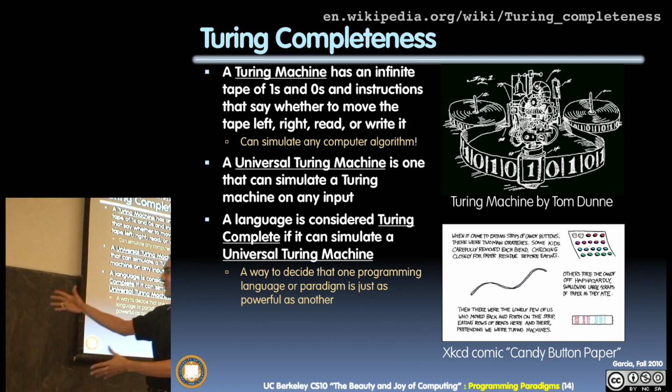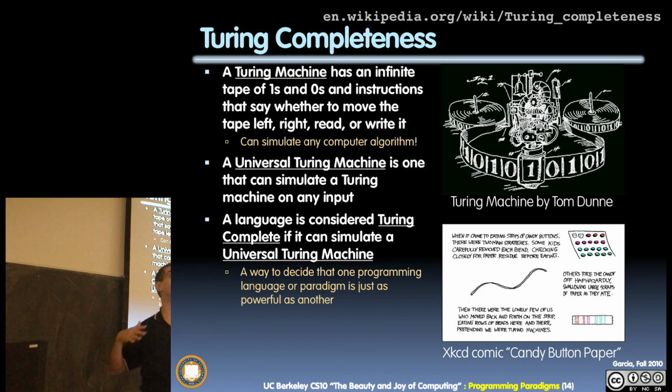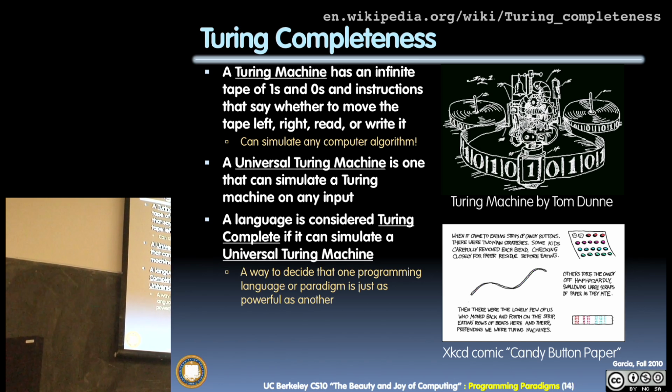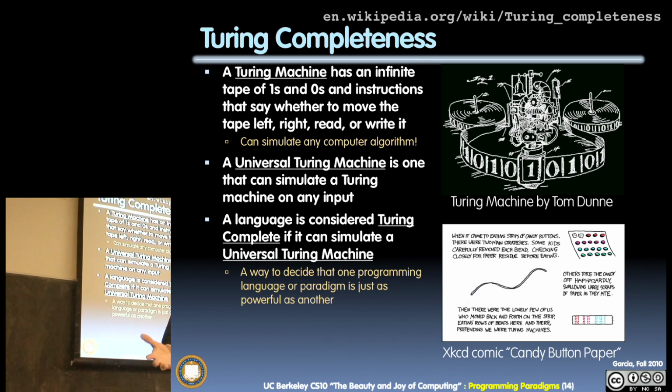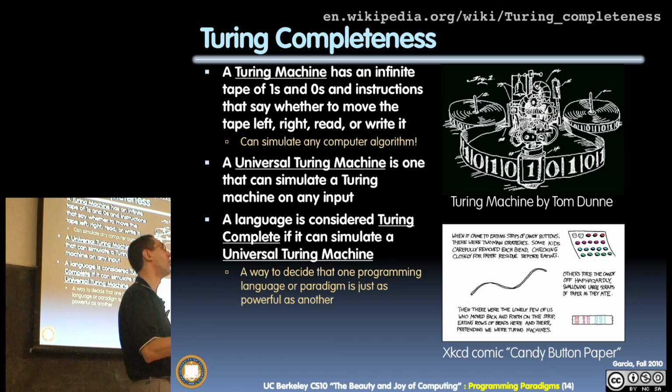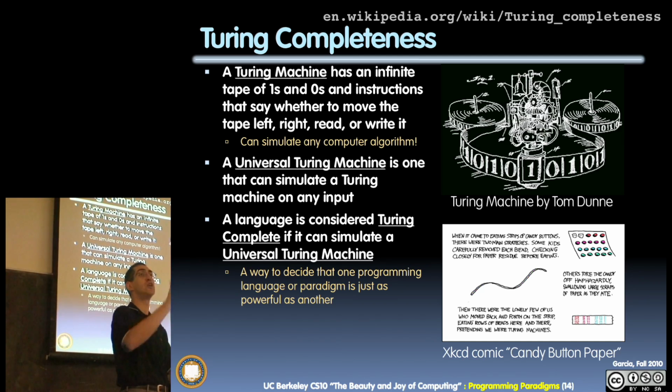BYOB, C, C++, Java, they're all Turing complete. So no one could ever stand up on a stage and say, I have a language that's more powerful, because you know that Turing completeness means it's as powerful as we'll ever need. Isn't that cool? So there's no discussion of, oh, well, this is more powerful than that. You can say this is